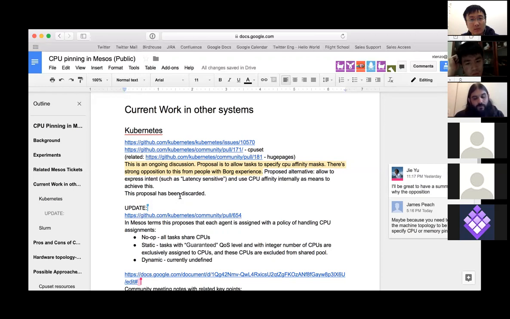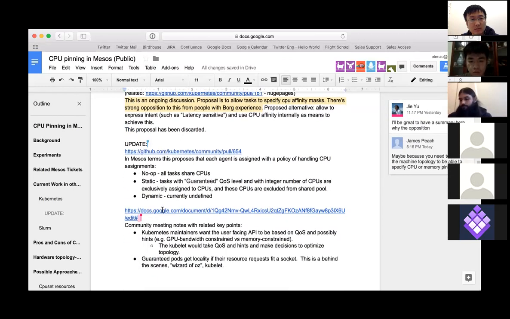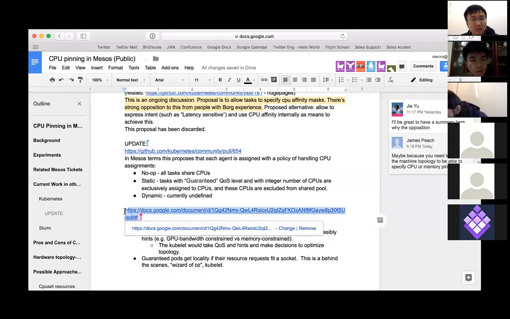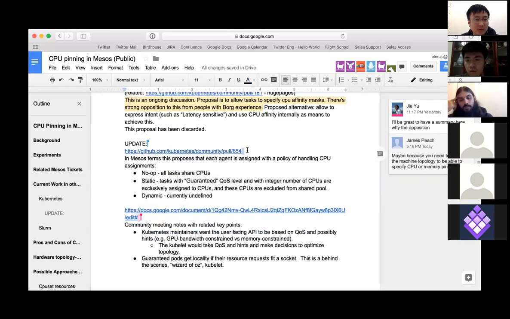Yeah. So it seems that they had a discussion captured in this document, like some sort of community meeting, and I guess they came up with this proposal based on this. Yeah, I looked at that thread, especially the first link that you posted, and I saw the discussion in that thread. I think the main pushback from Borg people,